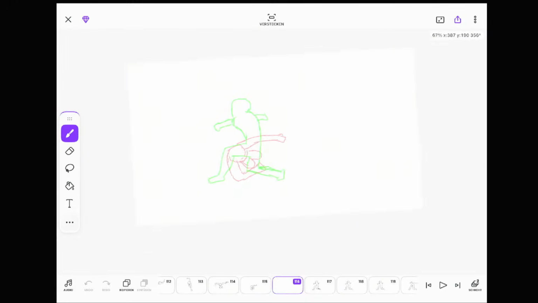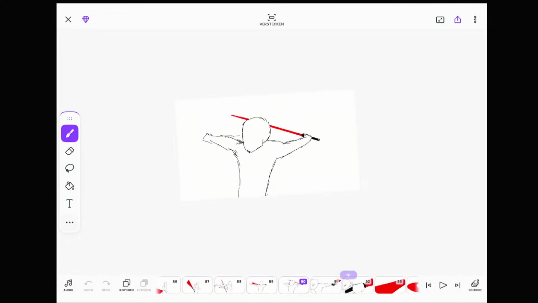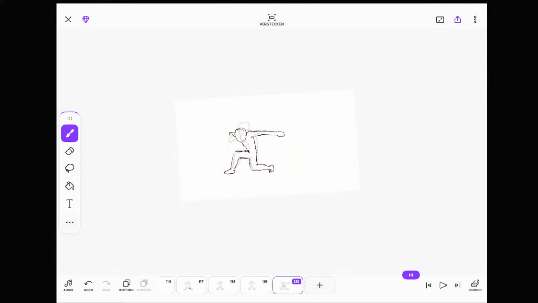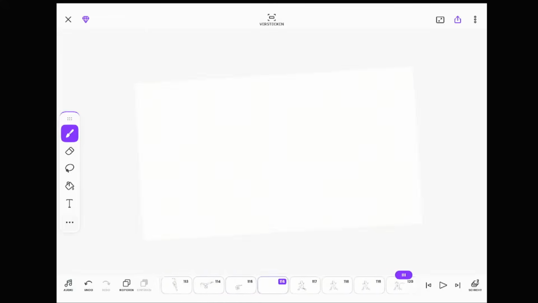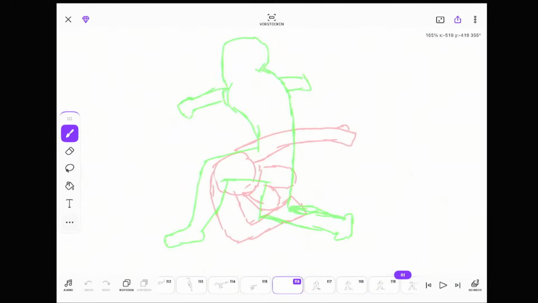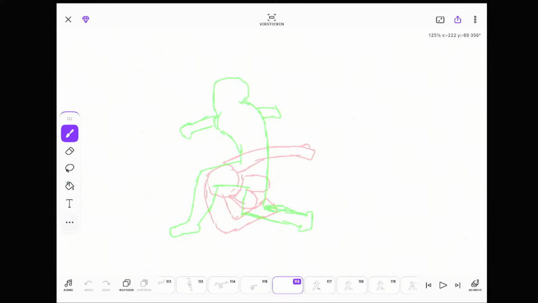It's also a little bit difficult to make. What do I do?